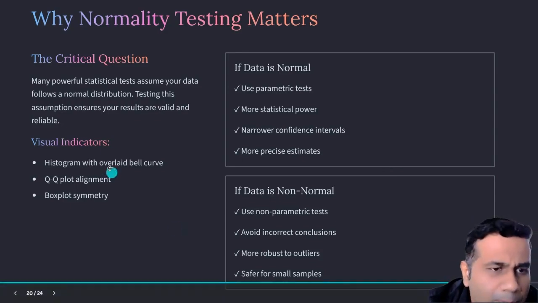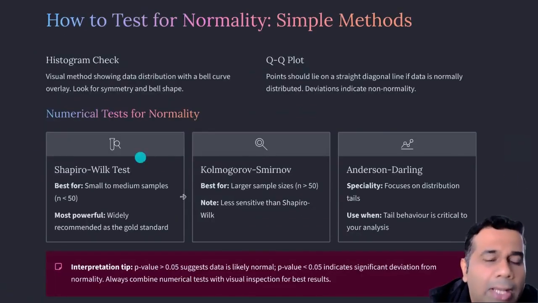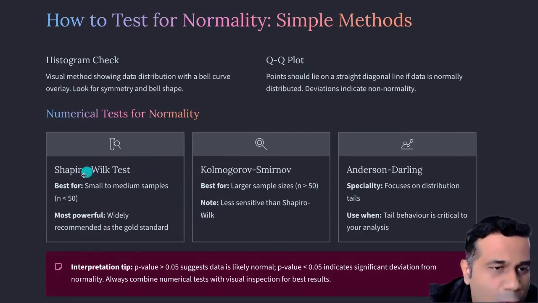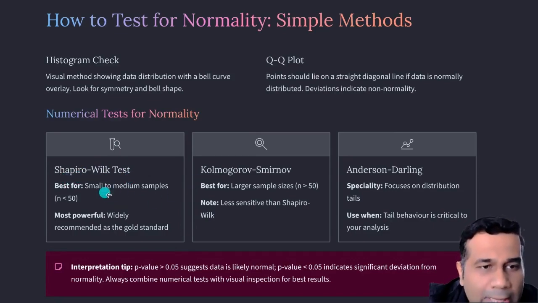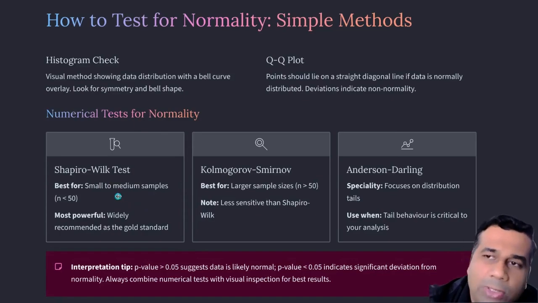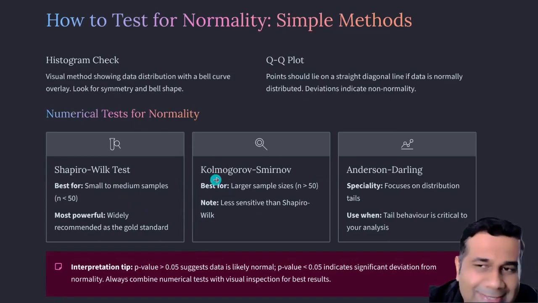So we will be doing a set of tests to understand whether the data is normal or not. One of the most common tests is called the Shapiro-Wilk test. This is usually done in scenarios where your sample size is lower, less than 50. The second test is called, this is very difficult to pronounce,